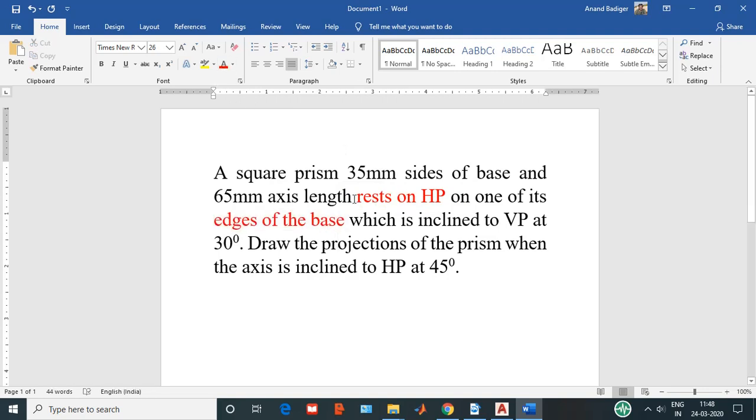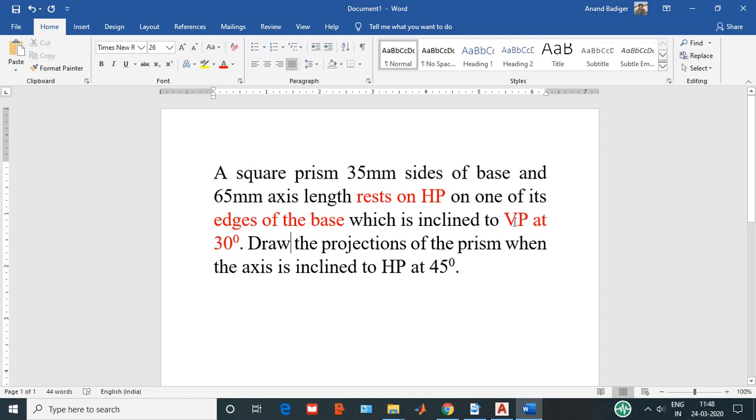So it is resting on HP, on one of the edges of the base, in such a way that the edge of the base is inclined at 30 degrees to VP. This is the next data provided.